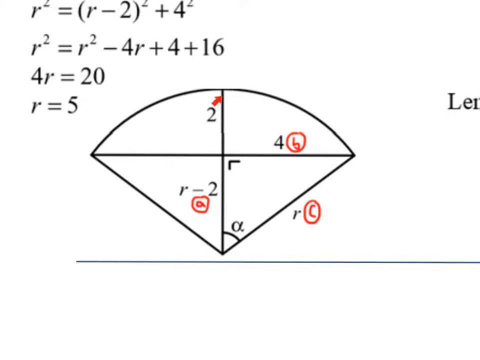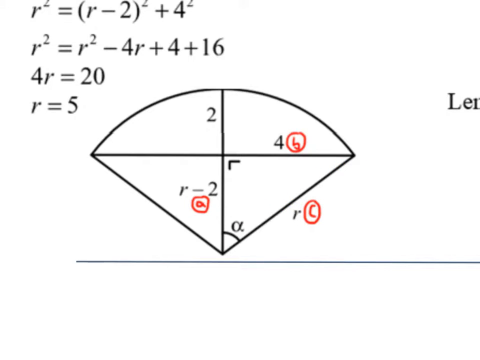We know that from here to here is 2 centimeters, and we know that from here to here is the radius. Likewise, this is the radius. So then from here to here must also be the radius. So from here to here must be the radius minus 2, because we're taking off the 2 units at the top. So we're going to use this right angle triangle, and we're going to use Pythagoras' theorem to find r,